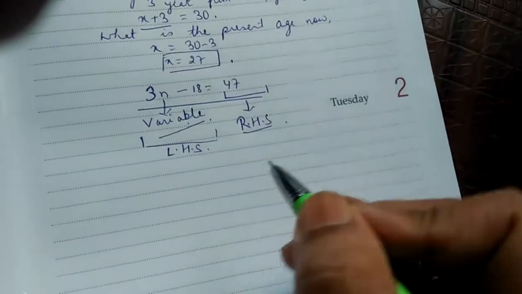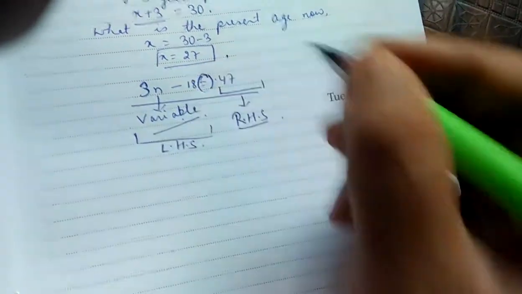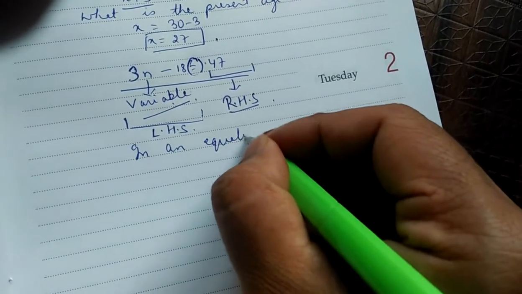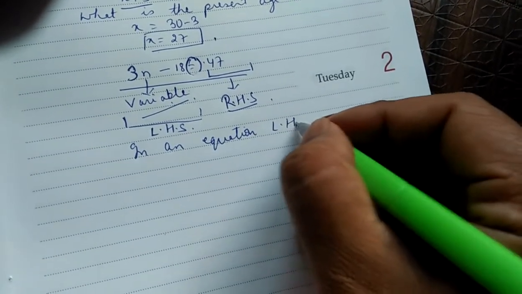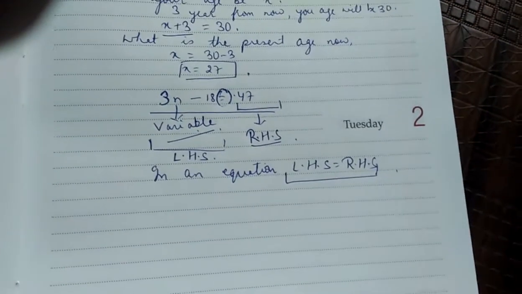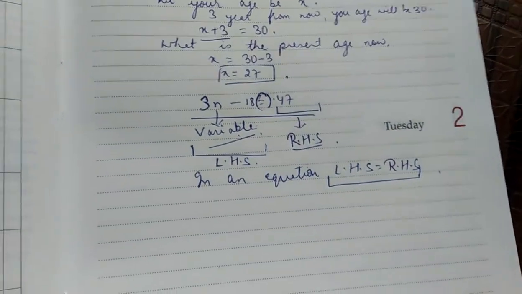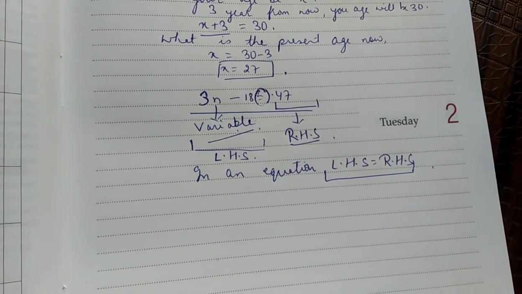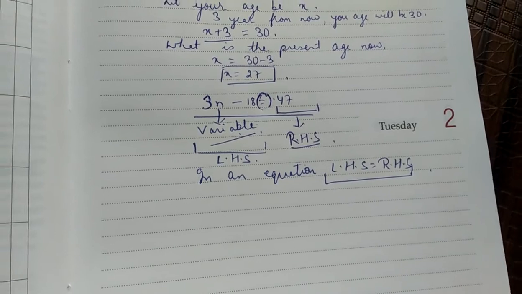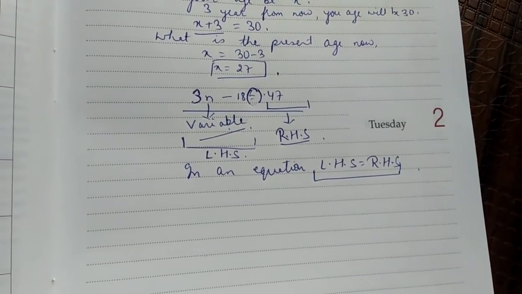So in an equation there is an equality sign present. All right, and in an equation LHS is equal to RHS. Okay, left hand side is always equal to right hand side. All right, so let's try to solve few questions on the basis of this, and that will make your understanding about equations much more clear. All right,